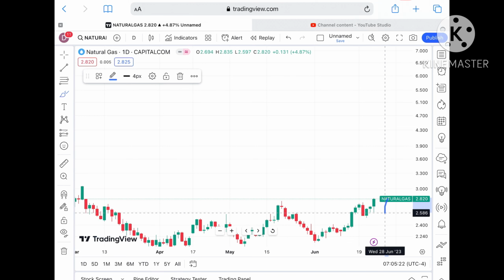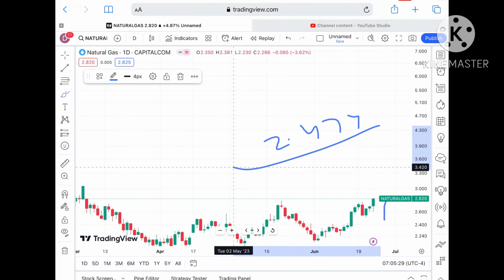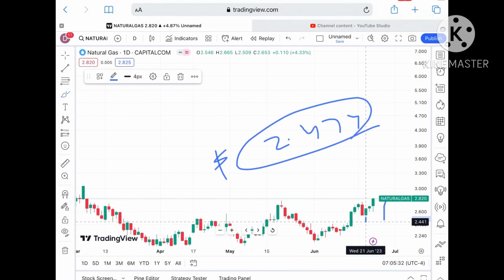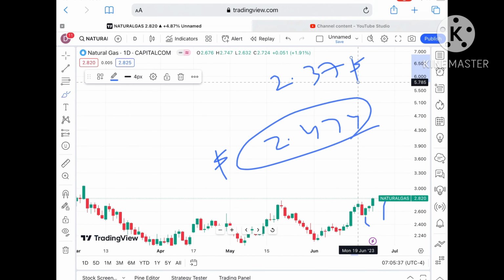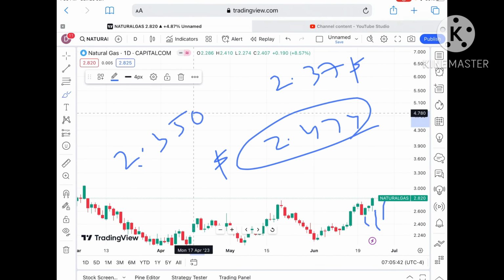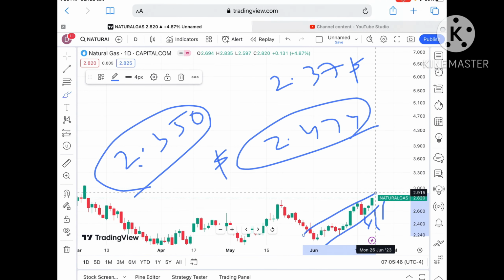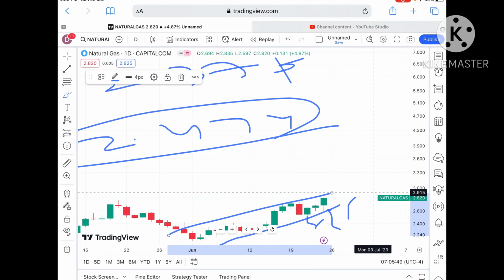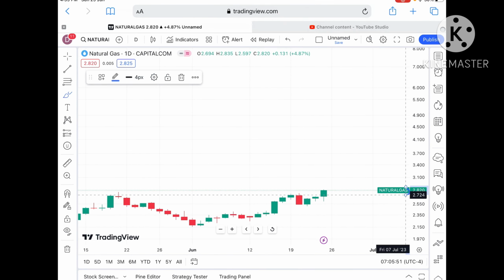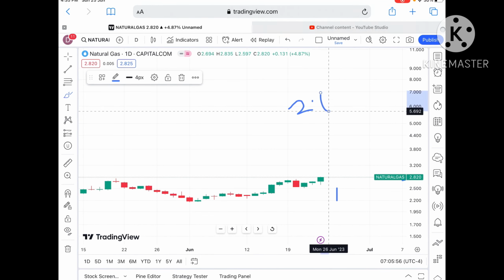Once the price falls below $2.575, chances of touching a level of 2.502 are there, and from there we can see a level of $2.474. If the price falls below that level, chances of touching around 2.37 are there, and once the price falls below 2.37, it can touch around 2.350. Once it starts falling below this level, the trend line will break if it moves below $2.350, and the probability is high that it can move further low, with a probability of touching a level of 2.190.